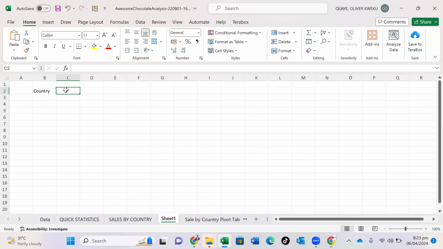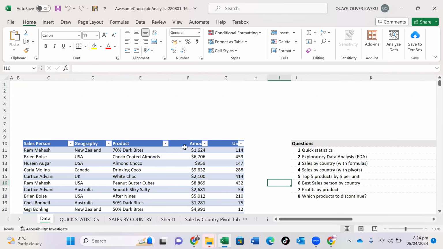Since we are going to look at sales by country, we are going to look at our amounts and our units over here. In comparing the amount and the units, we can now know which country sold the highest products. So in doing this, we are going to use